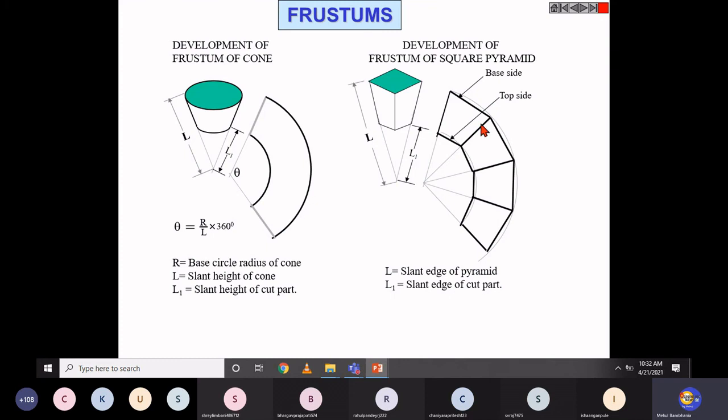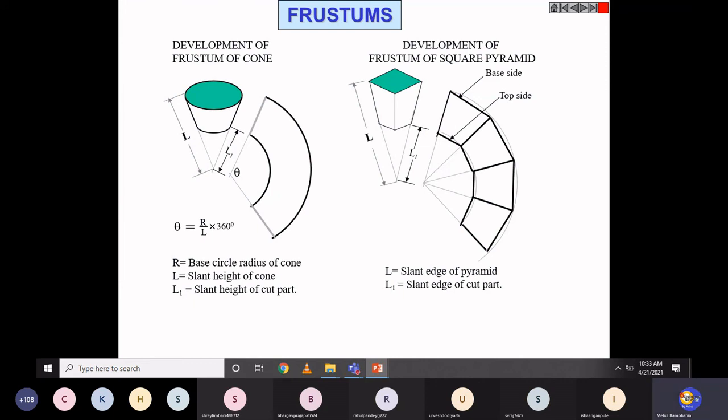Initially you have to construct with the thin line. Then finally, once your development is ready, you have to highlight it with the object line in this way. The first, second, third, and fourth edges should not go up to the full length. Obviously all these slant lengths will be cut up to this length. So you must highlight it in this way. And this is the development of this frustum, which is a square pyramid.